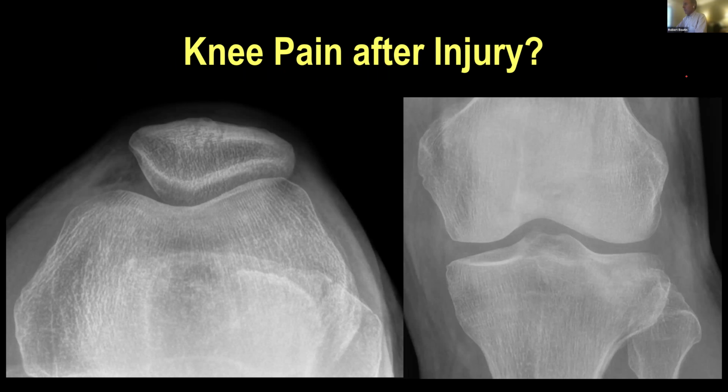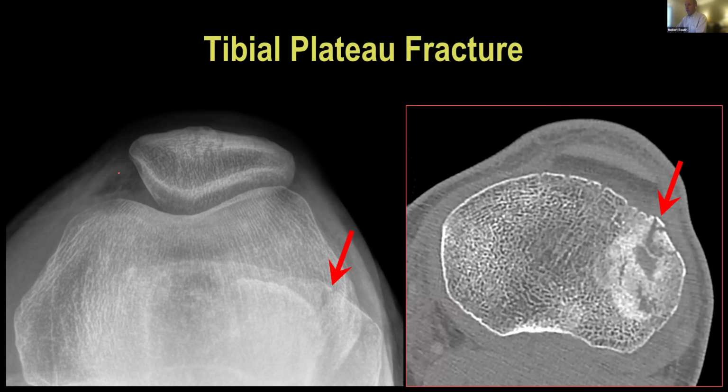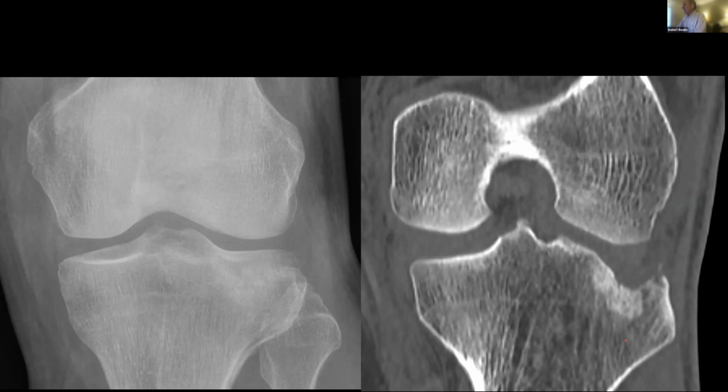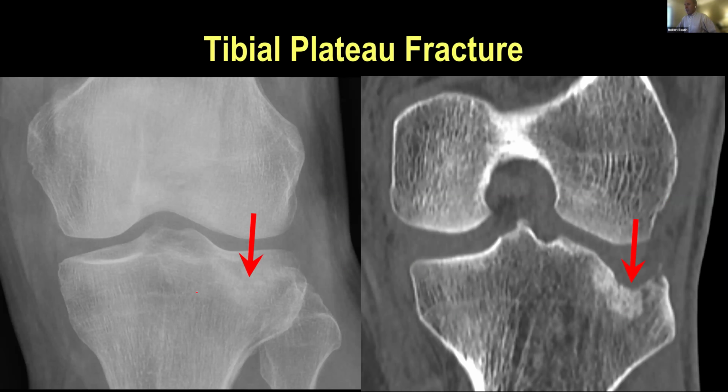So what is the cause of knee pain after injury in this case? Well, because a diagnosis was not made and the patient had a lipohemarthrosis, you can almost imagine the lipohemarthrosis here, sort of this fat fluid level. But the axial view of the patellofemoral compartment, you actually get a little look at the tibial plateau here, and there's this fracture line that corresponds to what's seen on the CT. On the radiograph, it's hard to see this sort of die punch lesion that occurred with this valgus injury.